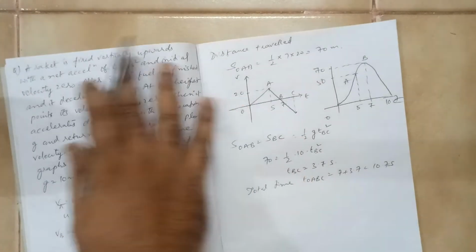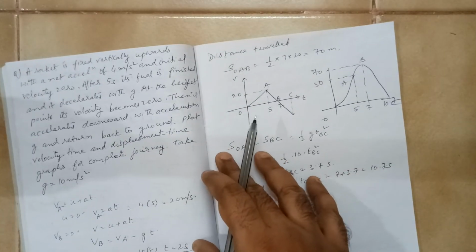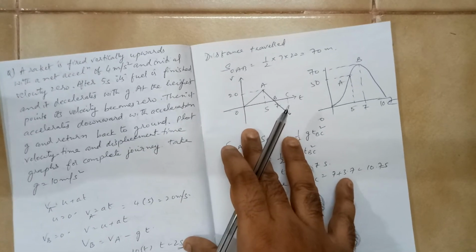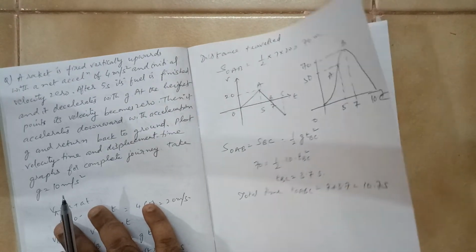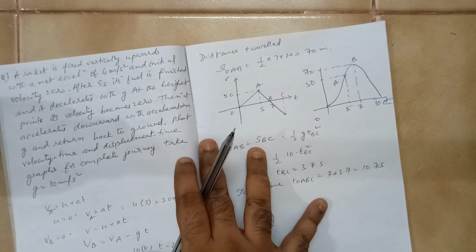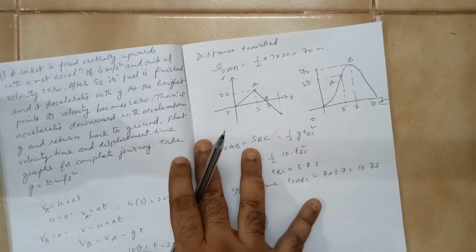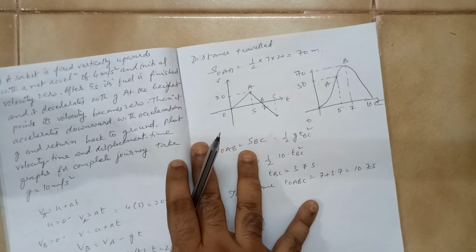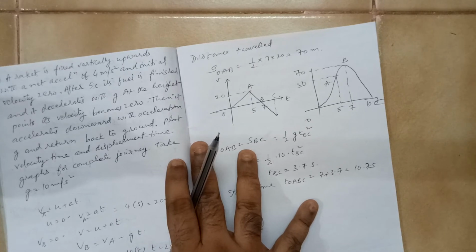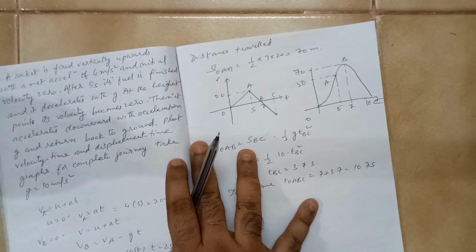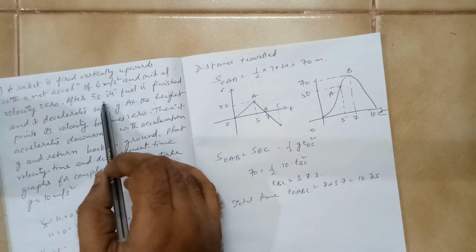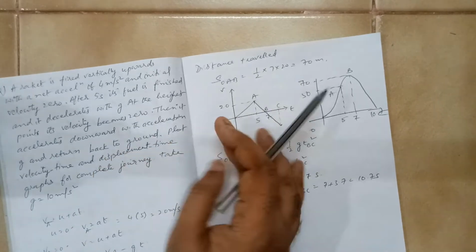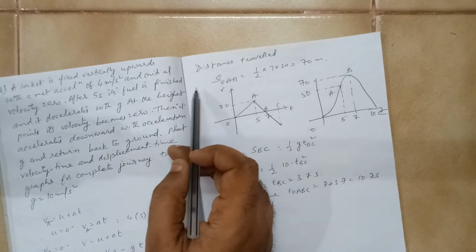Basically the whole story says that you have a rocket which has been fired vertically upwards. Obviously it will travel, and at some point the fuel will be over and it will reach some highest point, and from there it will fall back due to gravity. In this type of question you have to divide the motion into segments. He has given you the acceleration and says that after 5 seconds the fuel is over.